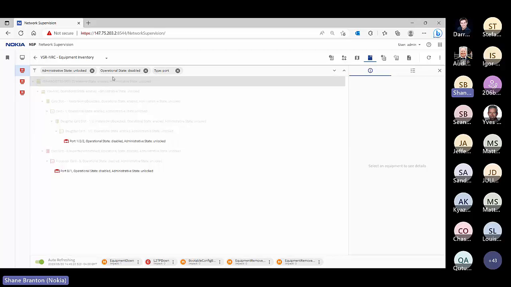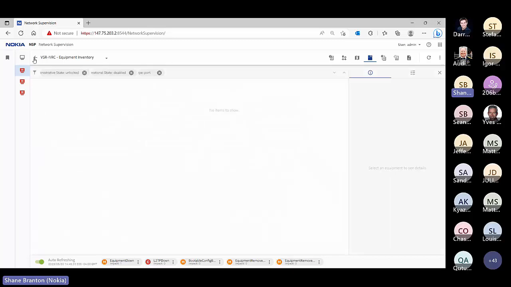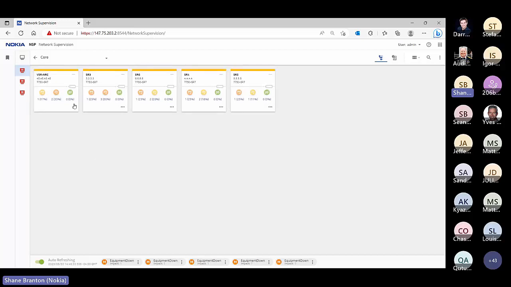Okay, and you can actually add or disable certain filters here. I can take it away if I wish. Okay, I can look at ports that are locked as well or whatever, and I can quickly go back here if I want. So, nice little single click to actually look at those lists. Okay, similar to fault management, if I wish, I can look at current alarms for that particular router. Okay, I can also look at here,